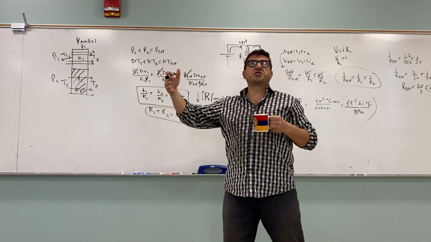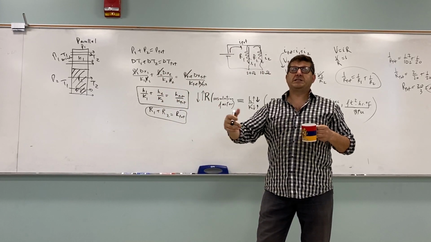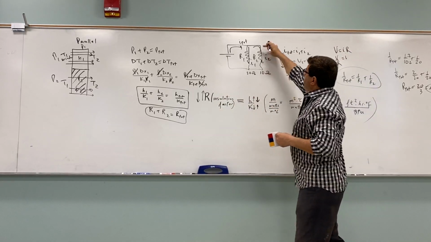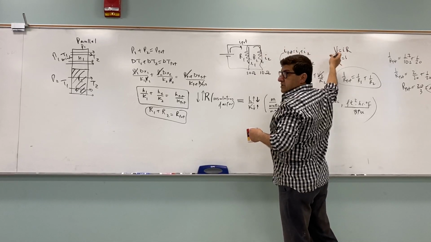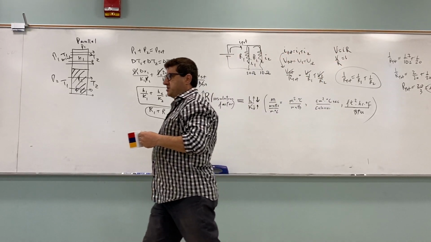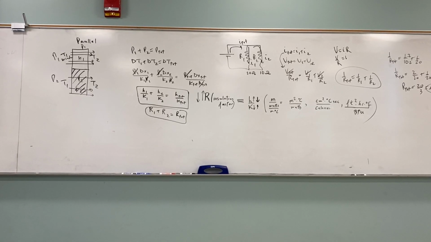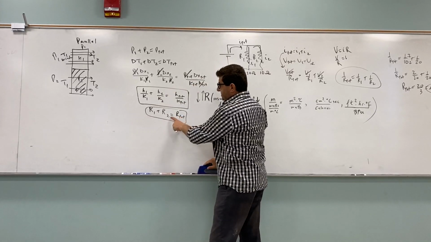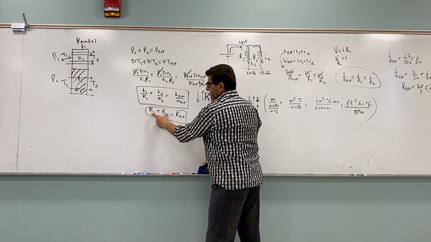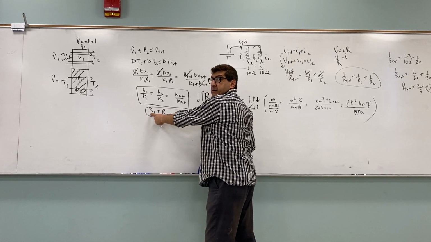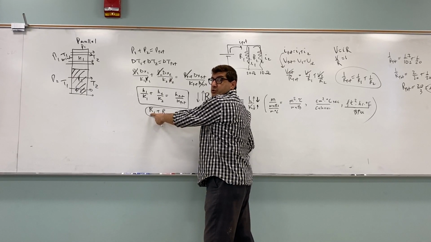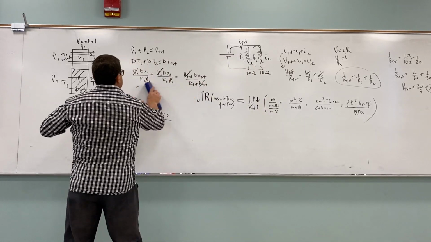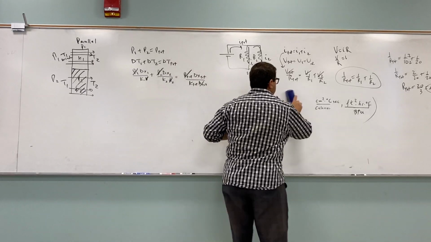So by adding resistors in parallel, I should be decreasing the resistance in heat. And same idea, by adding more pathways for the current to take, I should also reduce the resistance. Okay? So the same idea should happen. Whereas in series, when I add the resistors in series, heat resistors, I'm making it harder for it to go, because it's got to go through all the heat resistors. See? So then the next thing to do is to